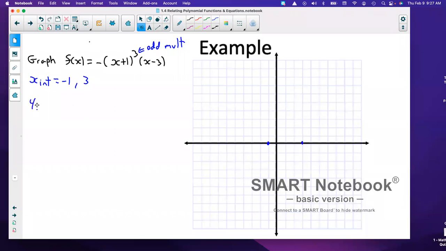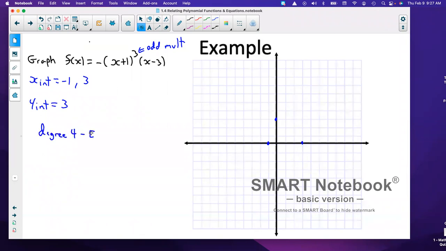Now, to get our y-intercept, once again, substitute 0 in for x's. So we have 0 plus 1 is 1, 1 cubed is 1. We have a negative in front, so it becomes -1 times -3. So our y-intercept is +3. Now, if we add these up, we've got 3 factors here, 1 factor here. So this is a degree 4,